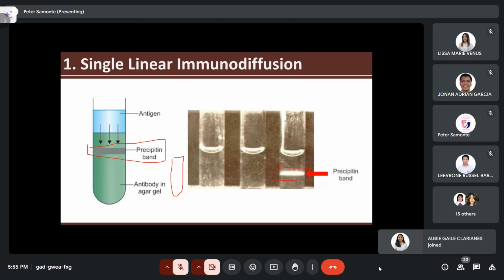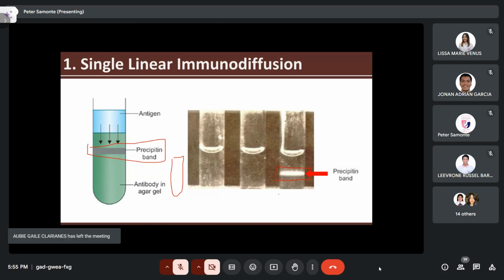Pag nagkaroon ka ng precipitin band, it means it's a positive result. If you remember class, 'di ba kapag single immunodiffusion siya or linear immunodiffusion siya, there's only one direction. In this case, ang precipitin band nyo came in the form of a horizontal